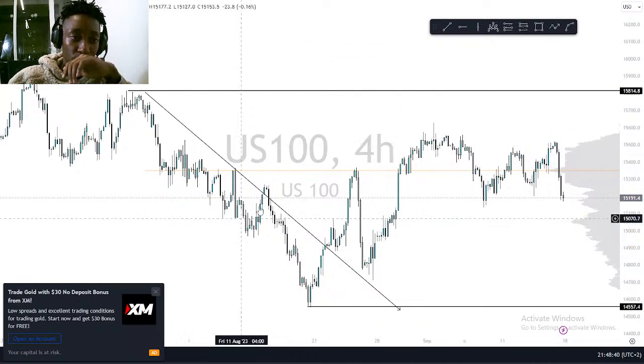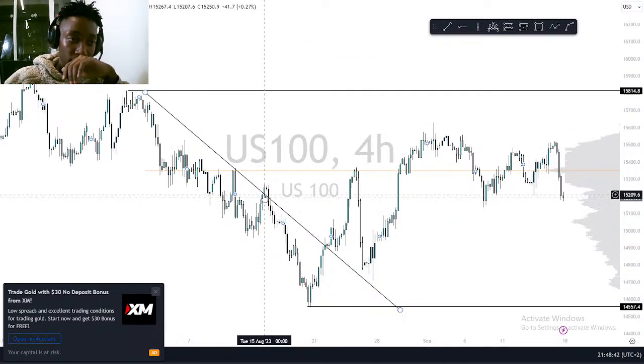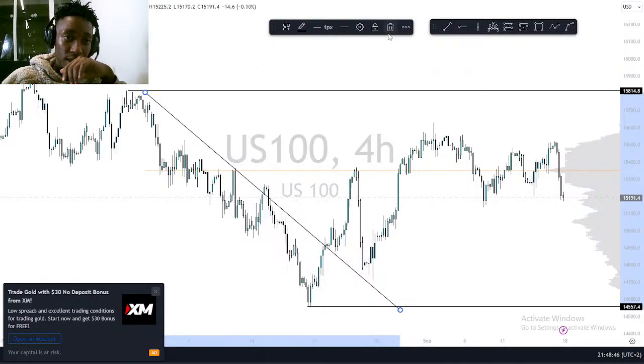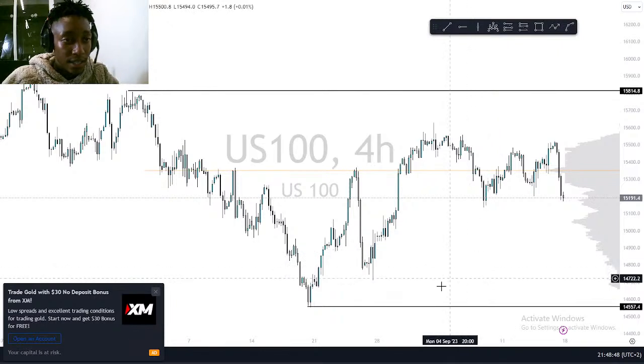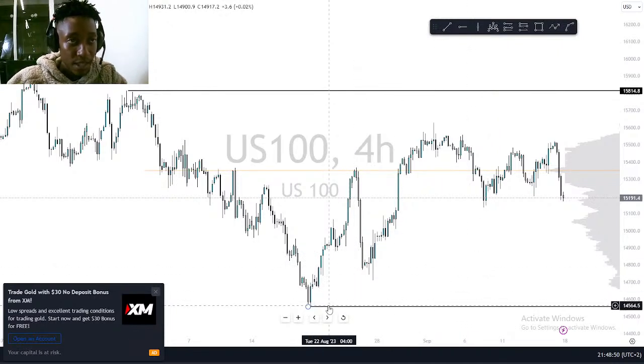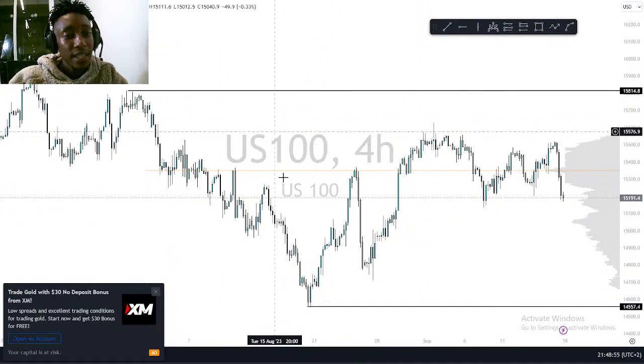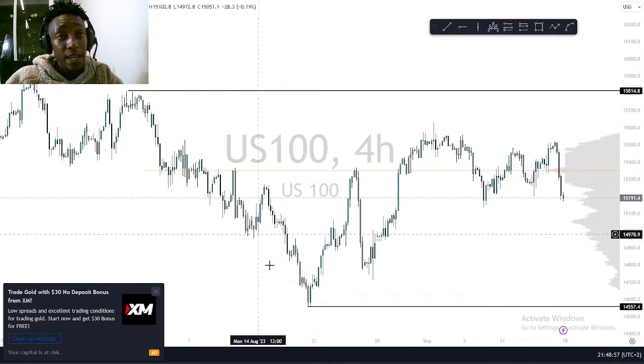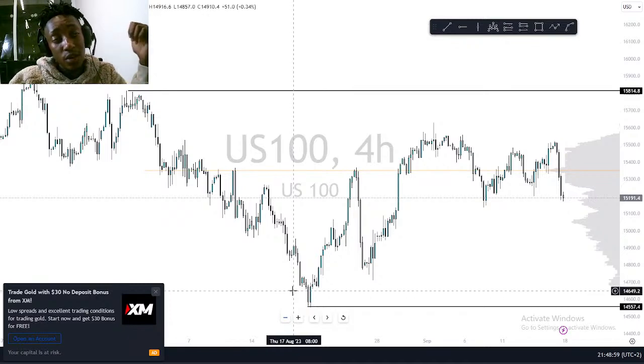But let's go back to our main setup. Remember, with us we are using smart money concepts. It's a different strategy. It's different than trend line analysis. So we can see that there we marked our high and our low. Second, we need to check